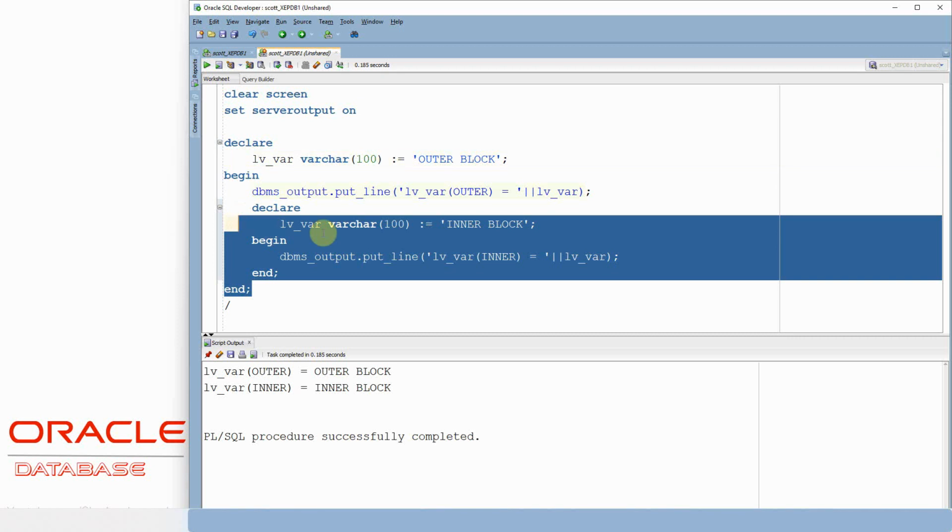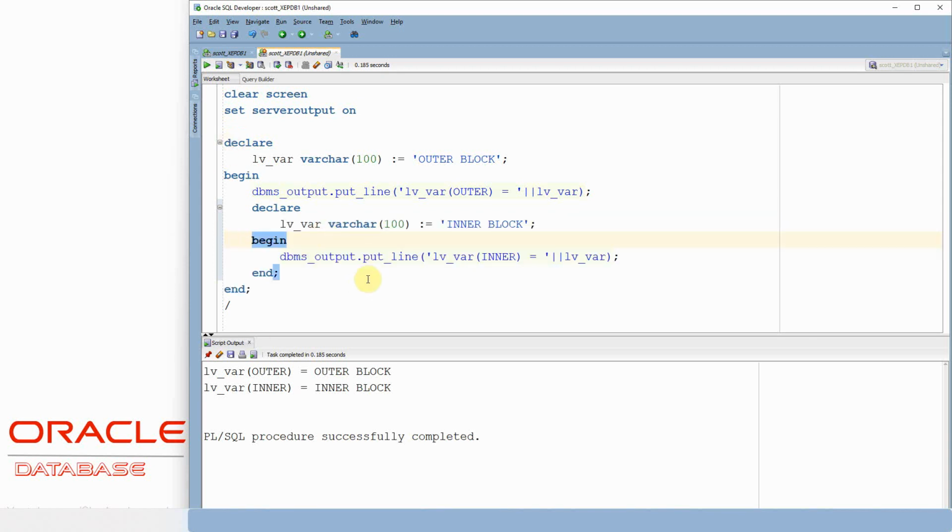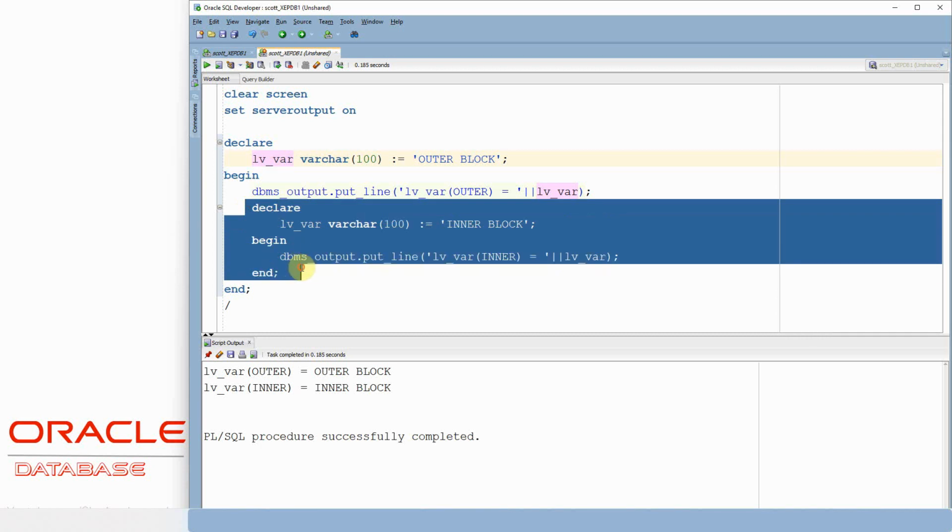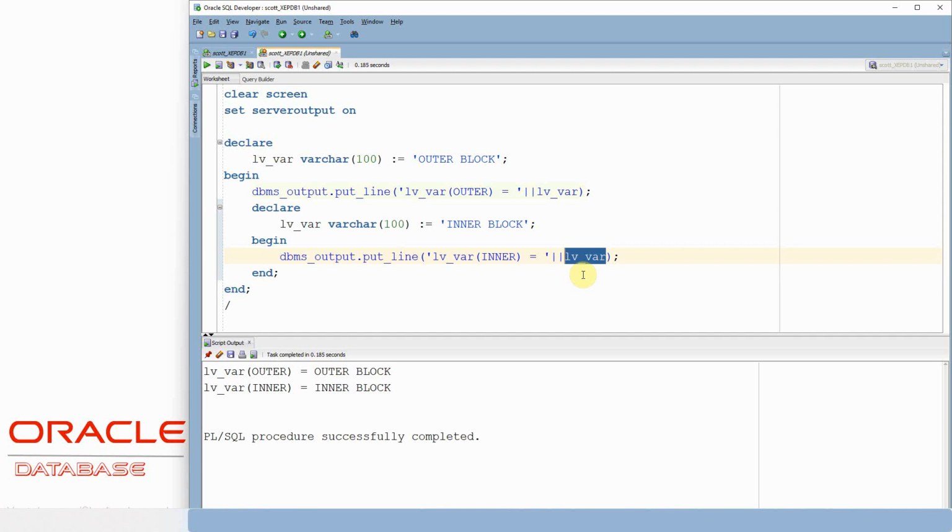In our earlier case, we had a package and a procedure. The package has a name and the procedure has a name. So we accessed the variable by specifying the name of the package or the name of the procedure. However, in this case, we don't have any name for this block. So that is why it is not possible to access the outer block's variable inside the inner block, unless we explicitly give a name for this block. Exactly, that's what we are going to do. We are going to give a name for the outer block and a name for the inner block. That way, we can access the variable by specifying the block name.